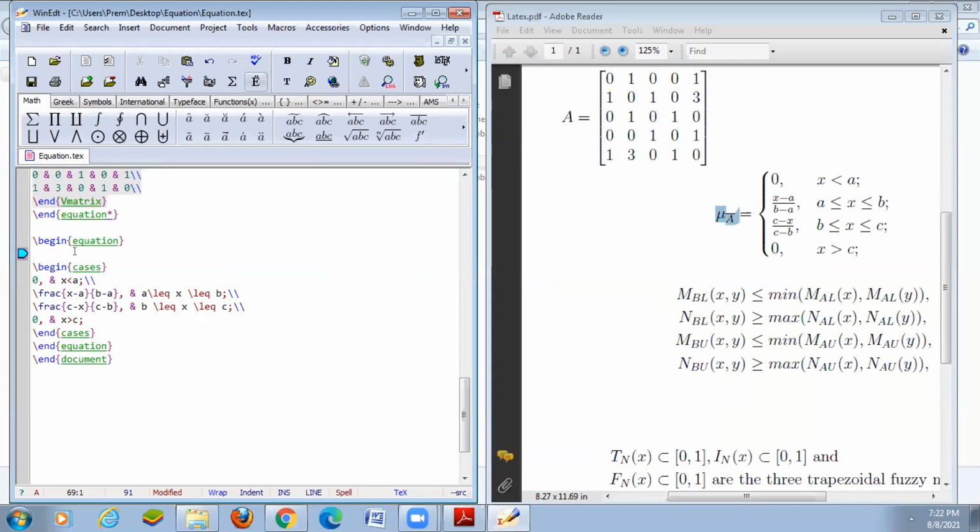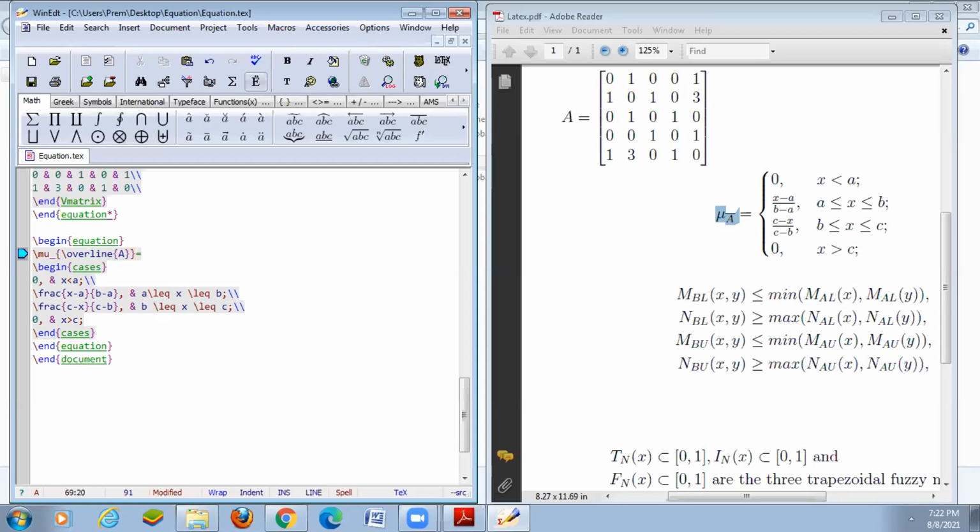What's the code for mu? Slash mu underscore, that means suffix, and then overline of a. So slash overline within the braces of a. Then I can close the braces of value.